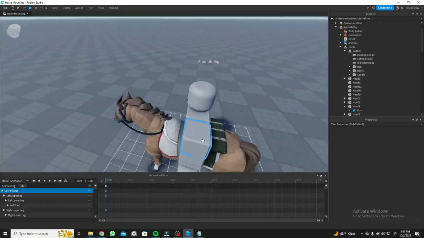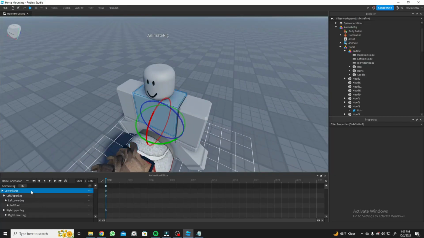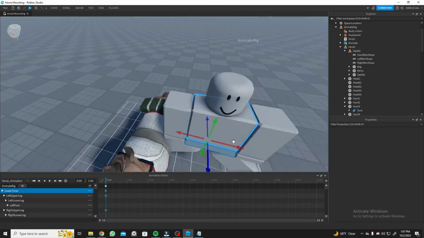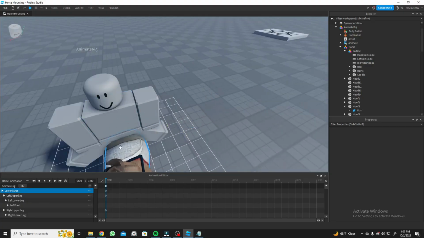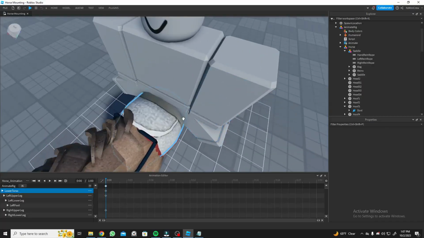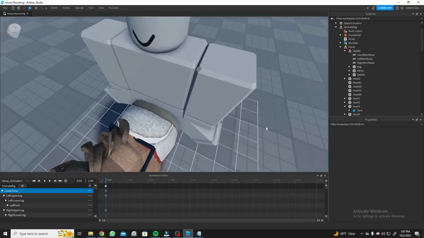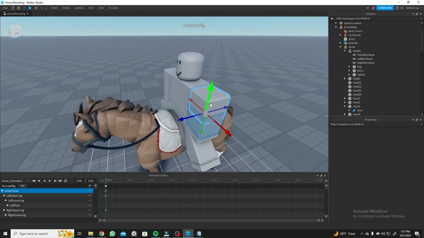Okay, so I just figured it out. I just moved the entire lower torso to the side and then clicked on the leg, because this horse model was covering the leg, so I could not click it. So yeah, I did that, and this is what I have. Let me just actually rotate